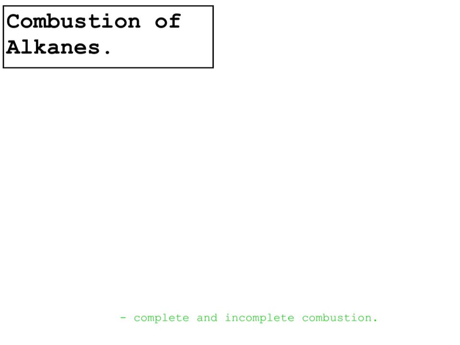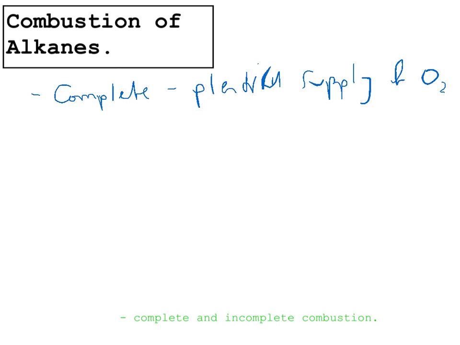So first, complete and incomplete combustion. The difference between these two types of combustion is based on the fact that combustion needs oxygen to happen, and if you have a limited amount of oxygen, then only incomplete combustion will happen. For complete combustion, you need a plentiful supply of oxygen. If you don't, then incomplete combustion will happen, where you have a limited supply